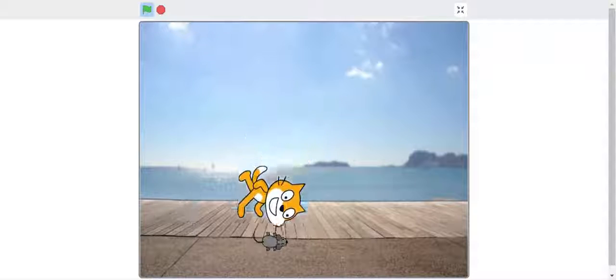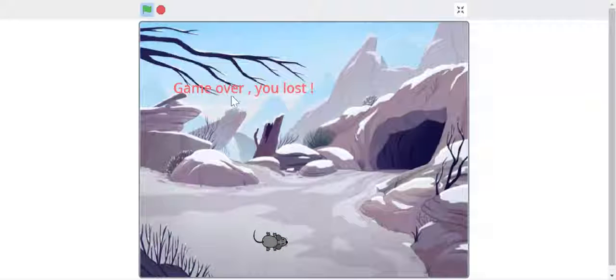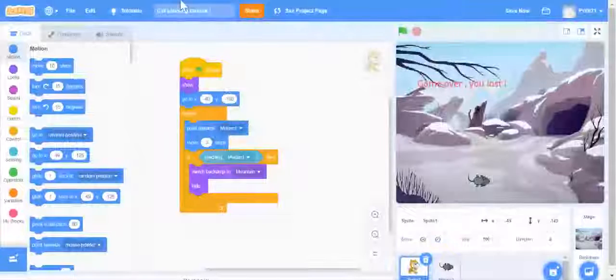Now I'm going to let it touch me. So see, it's showing game over, you lost. So our project is working. It's a very simple project and I hope you like